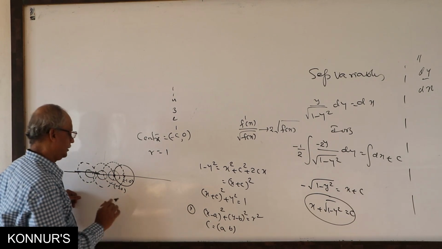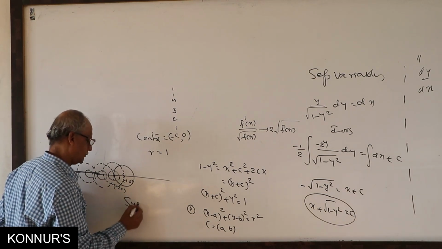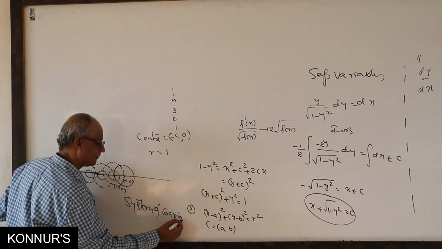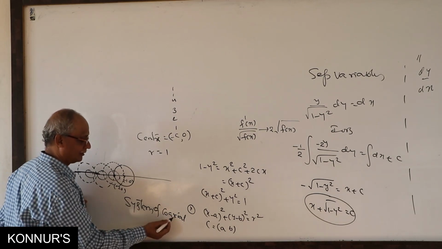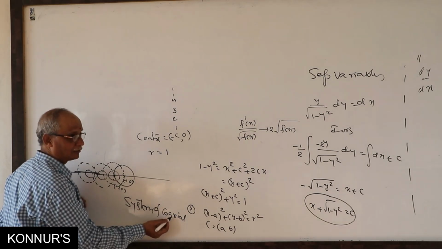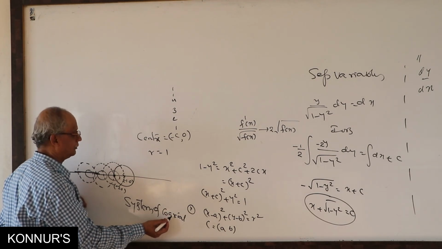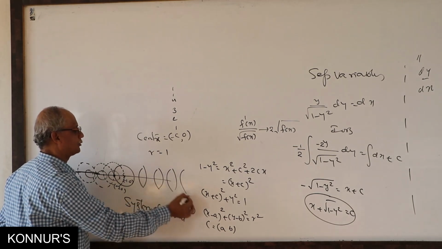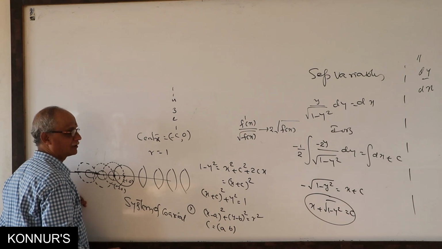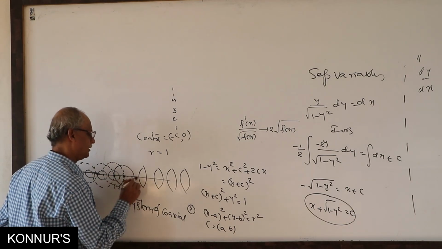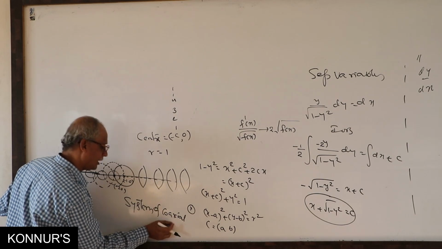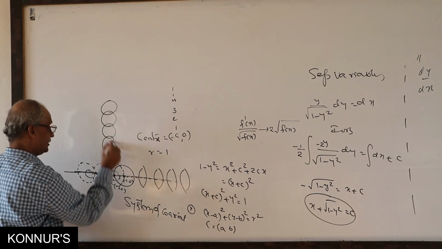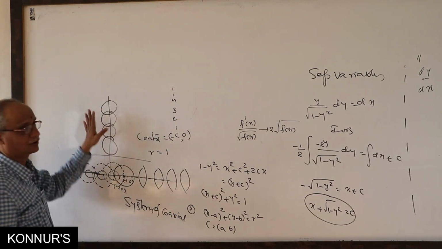Okay? Don't think I am giving you unnecessary, out of syllabus, extra, and time waste. Not that. System of coaxial. Coaxial. Axis. Axial line. You understand axial line in physics, right? If you keep combinations of 2, 3, 4, 5, and so on, number of lenses, convex, concave lenses, having the same line, it will go, axial line is there. Coaxial line is the same. The x-axis is here. Same if I consider the y-axis, this is also called a system of coaxial circles.